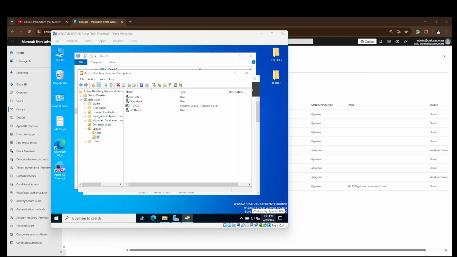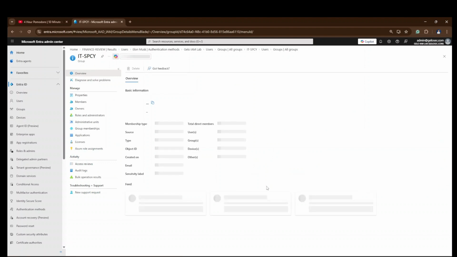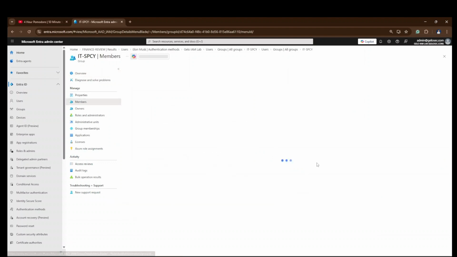Okay, guys, we're here in an Active Directory, and now we're going to set up a conditional access policy for those who are on-prem users. So we're only going to set a conditional access policy on this group, the IT group, but we'll check if those two groups are already synced in the Entra ID. Here I am in Entra ID, and as we can see, there are HR and IT groups already synced, and we'll see the members of these.